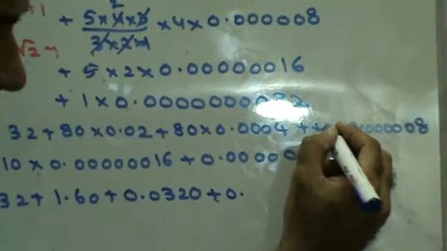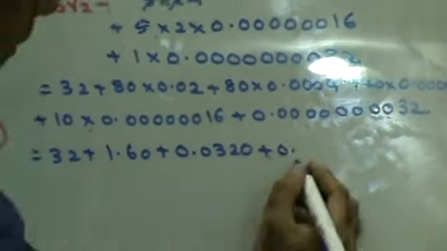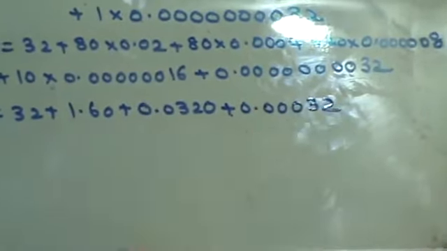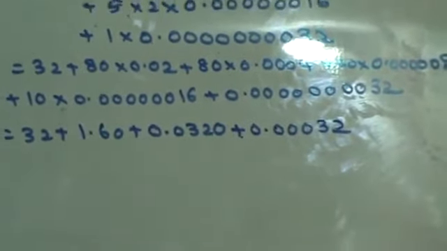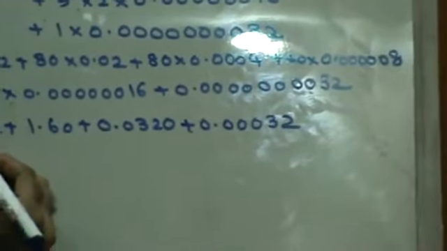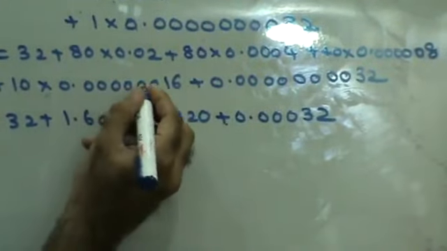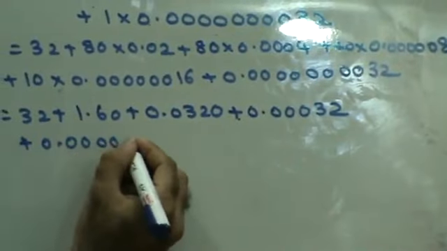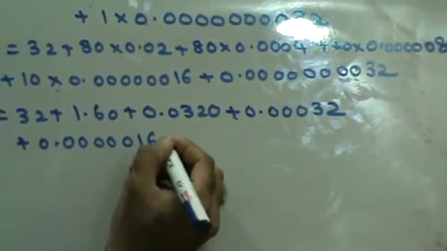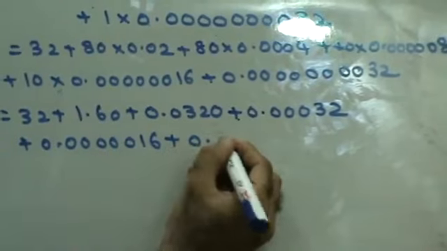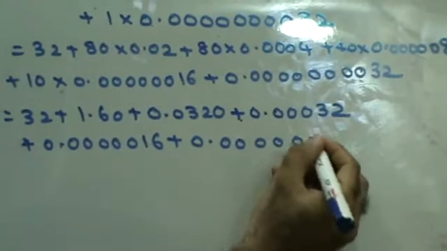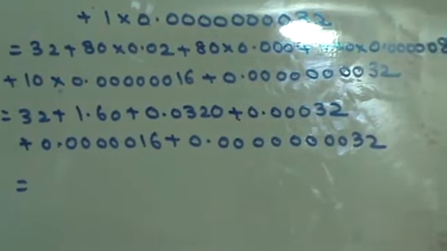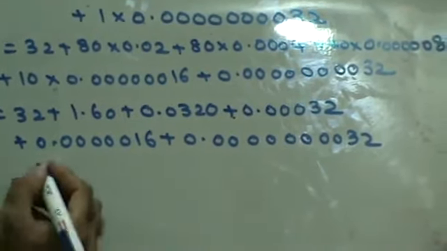Why will 1 decimal place go? Because I am multiplying by 10. So 1 decimal place becomes less, 1 zero will be less. So this will be 0.123451 plus 0.0000000032. When you add up all this, you will get the answer as